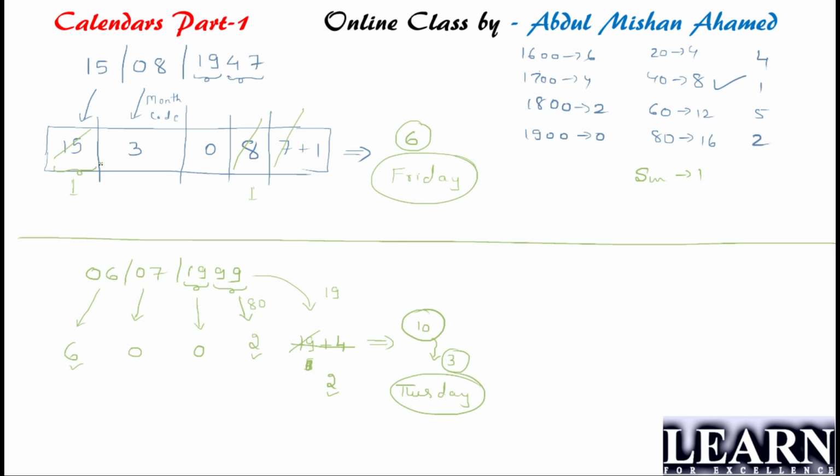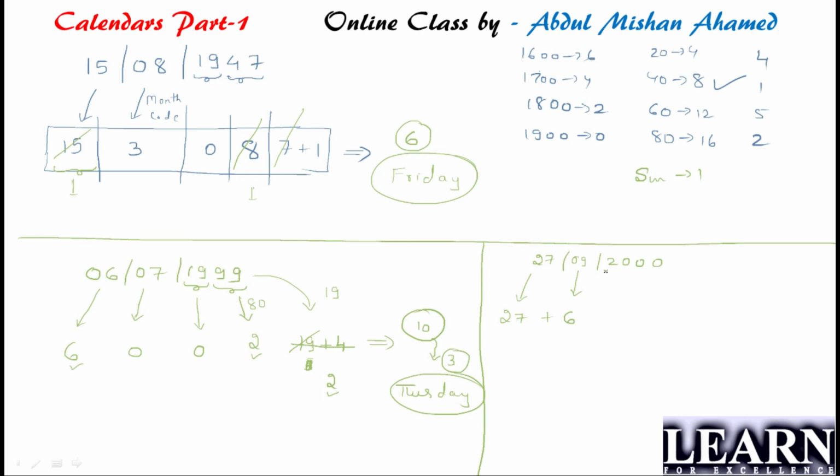Okay guys, like any other, please give your date of birth. We'll take one more date of birth here. 27/9/2000. Okay. So if I'm talking about 27, first I'll write 27, plus 9. What is the month code of 9? Is it 6? We have 0 3 6 there, right?